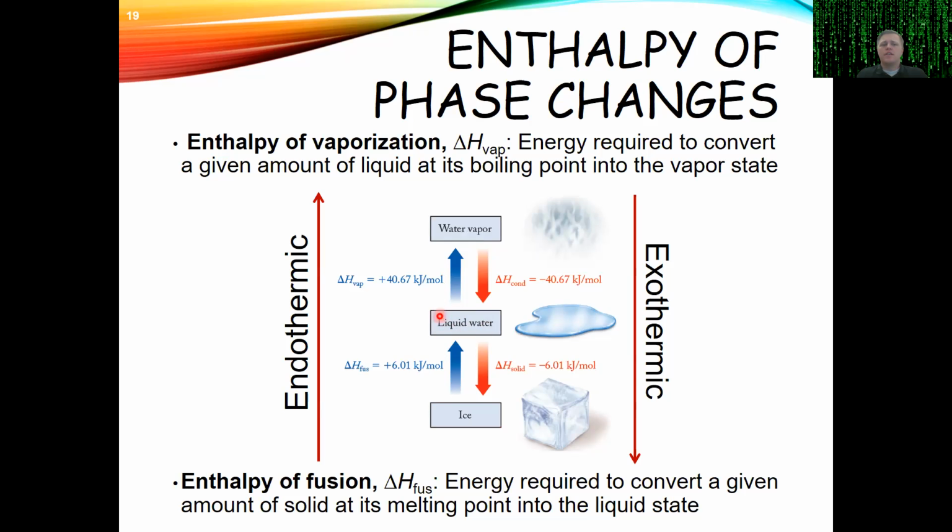The heat, for example, for going from liquid water to water vapor is plus 40.67 kilojoules per mole. So we call this value, this heat of transition, our delta H of vaporization. And if we're going the other way, from water vapor to liquid water, this would be our delta H of condensation. That's going to be equal but opposite to the value of our delta H of vaporization. So we're working on the same process, just going in opposite directions, and we're just flipping the sign there. But we'll get more into our enthalpy of phase transitions in our next lecture.